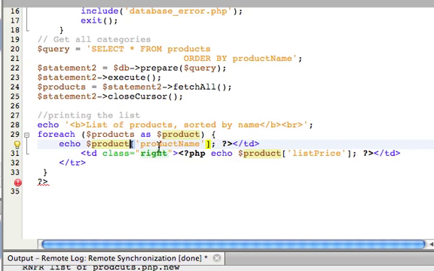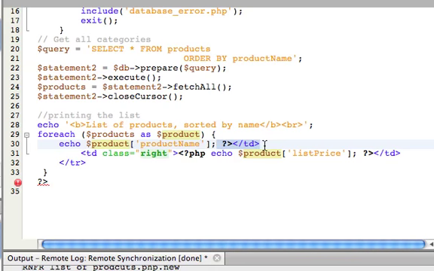Usually it's a number, as I think we've seen that before, but we can also use the name of a field. This product is an array of all the items in the table, and we can call those items by their database name, which is very handy in this case. Product name,